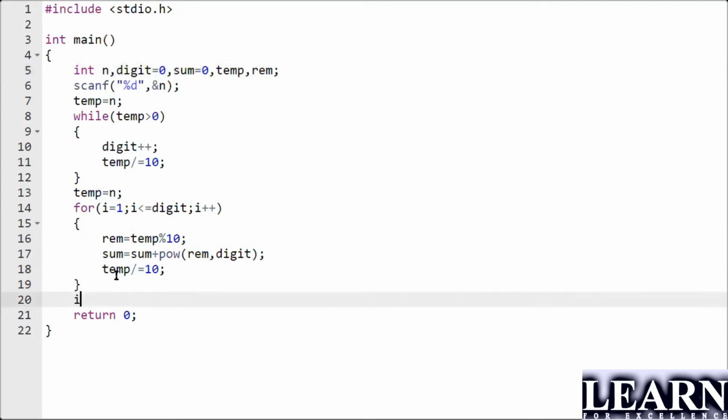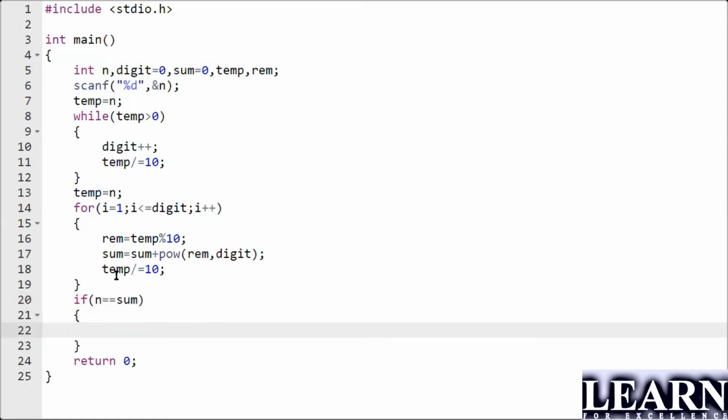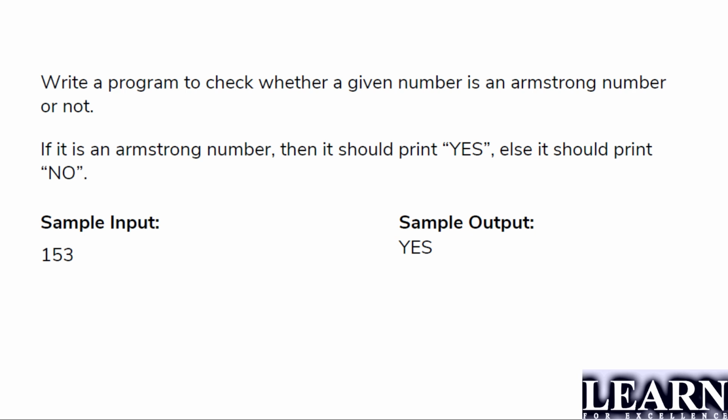Next, at last, if the value of n is equals to sum, what I have to do? I have to print Armstrong number. Yes, what is it they have asked? I'll just move on to the question part. I have to print YES, or else I have to print NO, everything in capitals.